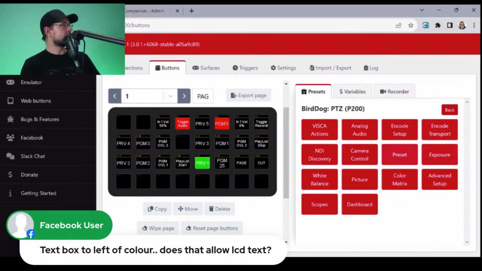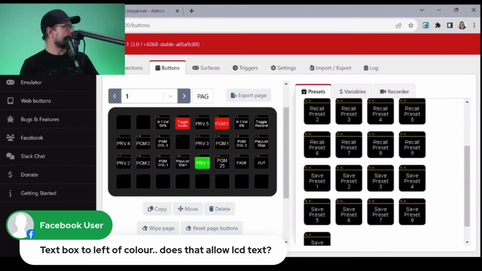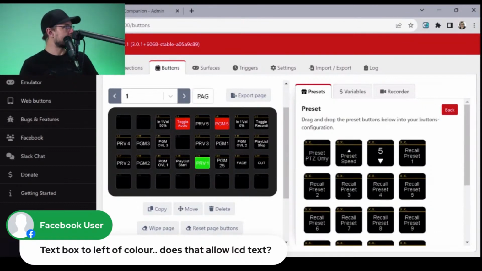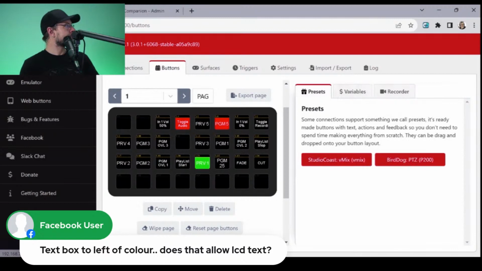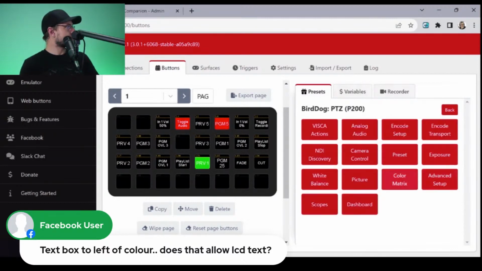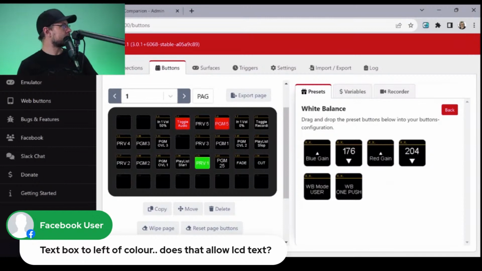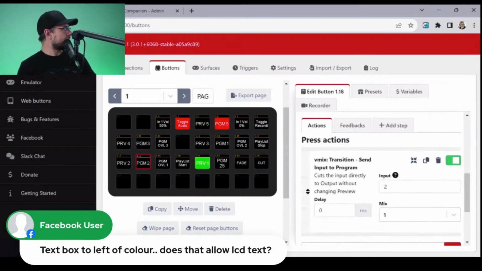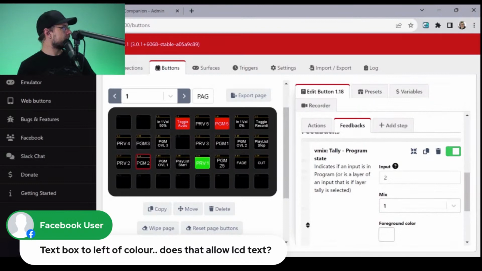I know that it's not limited to preset, like recall preset 9. You can change this to say preset 12 or something else, right? So you're not just limited to 9. You can do more than that. And then exposure control, white balance. I guess if you want to have a one push button, white balance mode. That's a cool idea. But man, I am super excited. Let me just look at the feedback options on this. I'm super excited that this is now all set up with Companion.